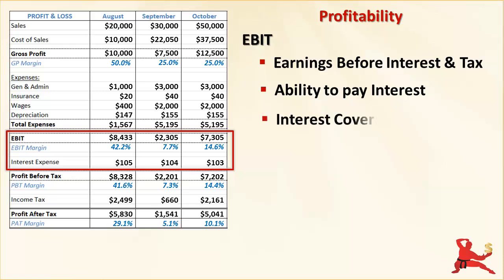Interest cover is the ratio of EBIT to interest expense. It shows how many times your EBIT can cover interest payments due. This is one of the key ratios that financiers consider when they are assessing a business for new financing or renewing existing financing facilities. A one-to-one interest cover means that operating activities are only generating just enough profit to cover